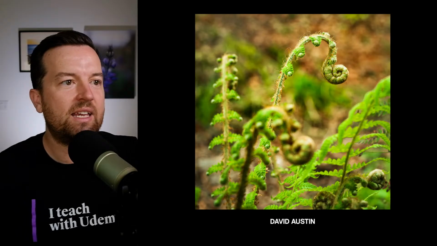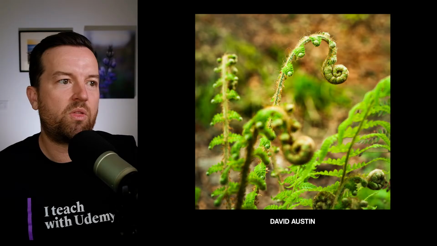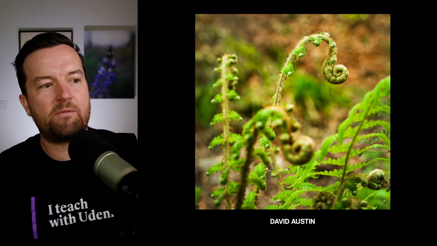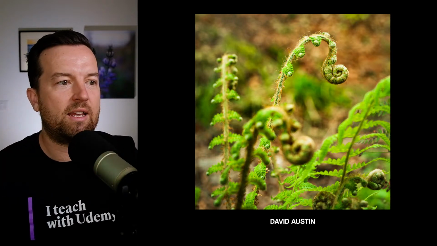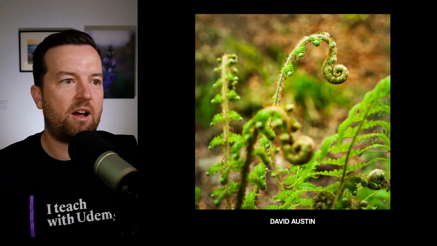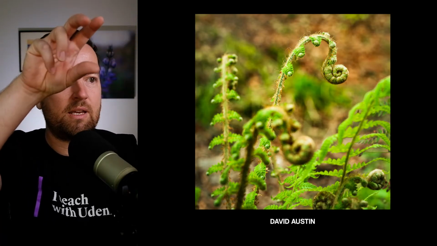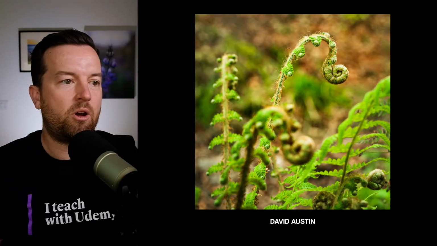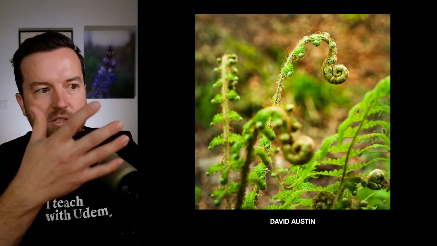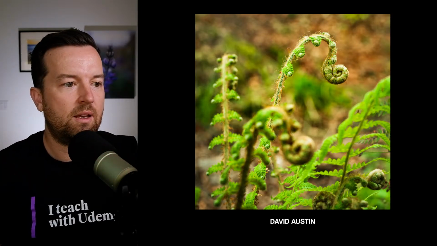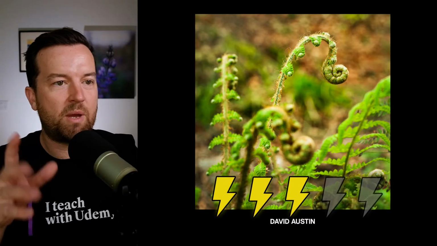Part of me feels like I would have preferred the front one in focus with the background out of focus, because the front one is so much in the foreground that it almost feels like, oh, why is that not in focus? Maybe if that part of the plant that is in focus was more centered in the photo, I would have liked it better with still some of that foreground element. I'm going to give this one a 3. It's still a great photo, but personally, I would make a couple changes.